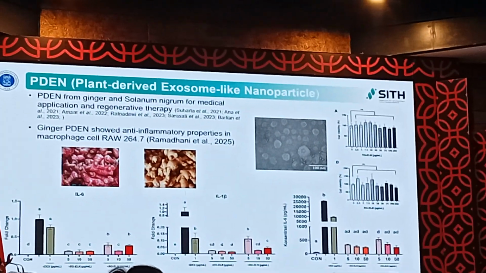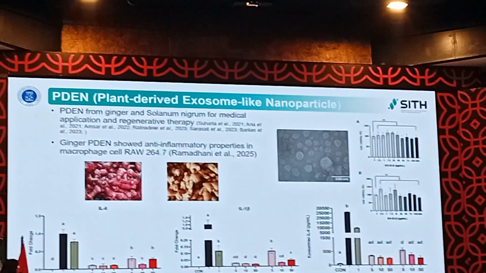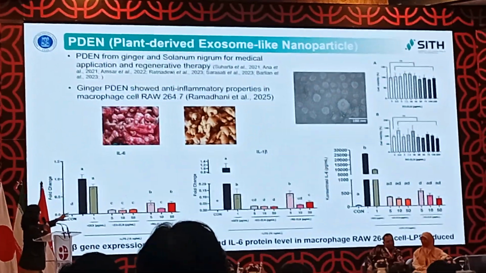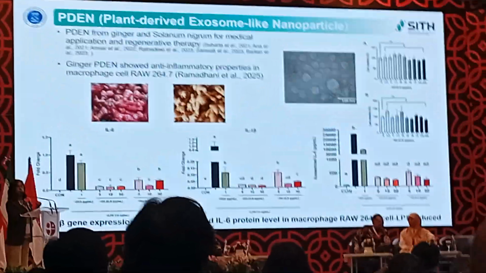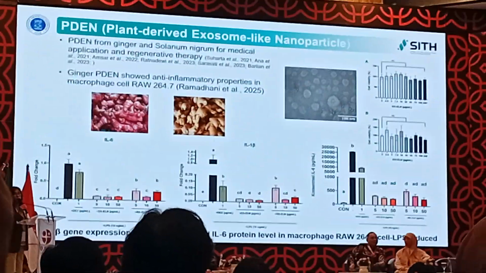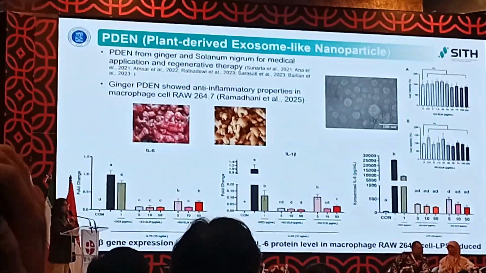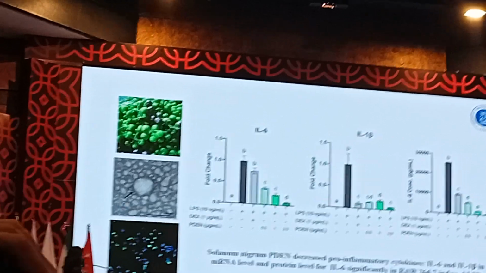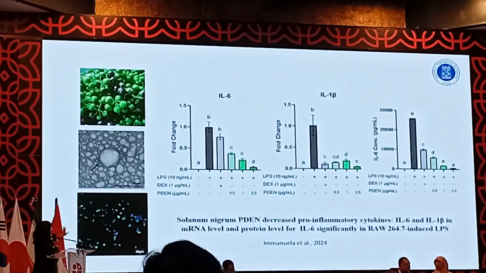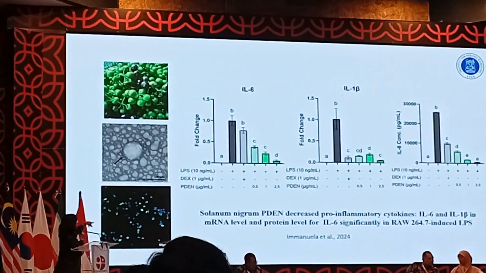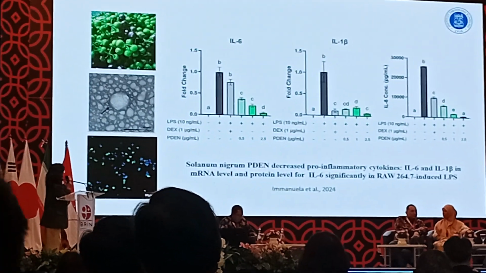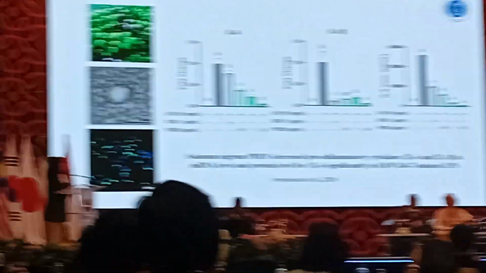So improved ginger actually is more powerful. It is very powerful at the mRNA level and also at the interleukin 13 level. It reduces the pro-inflammatory genes and pro-inflammatory proteins like interleukin 6 and interleukin 1 beta. So it's very good. So the next one, this one also, lencha, perhaps you all know, this is our food. Yeah. So it also shows very good anti-inflammation. I think it's better than dexamethasone at the mRNA level or the interleukin or protein level.